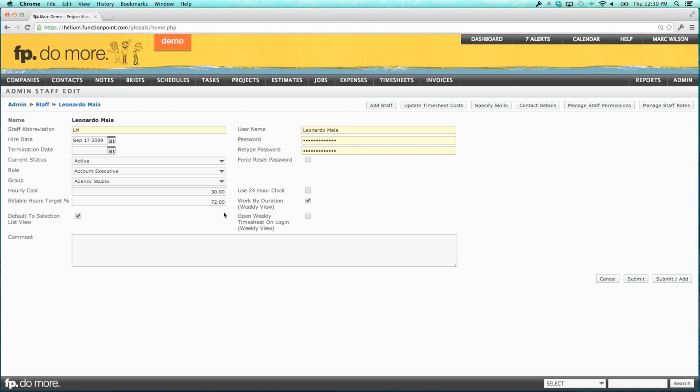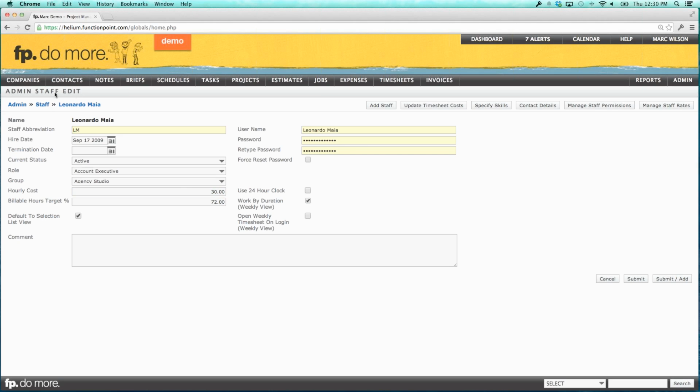The next is the billable target efficiency. What percentage of their total hours should be billable? And I recommend putting somewhere between 70 and 80%. 70 on the low end, 80% on the high end. And that's for a designer. If this is an office admin person, maybe 10% is their target. If you have an accountant, maybe 0% is their target. I mean, it depends on the situation. But as far as a billable staff person, somebody who should be doing billable work all the time, somewhere between 70 and 80%. So that was two of the three, the hourly cost and the billable target found in